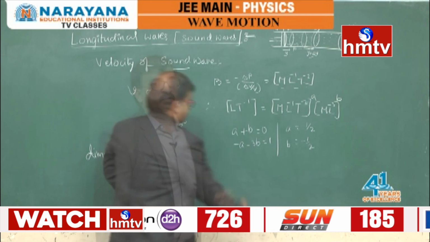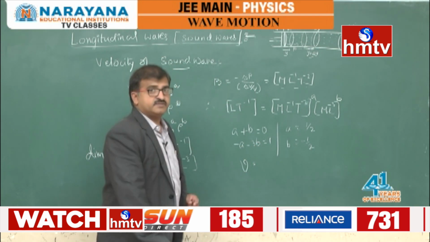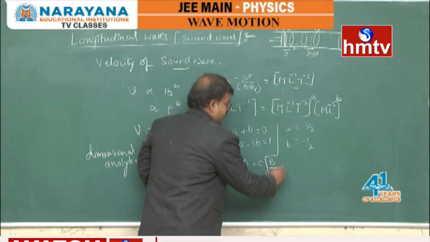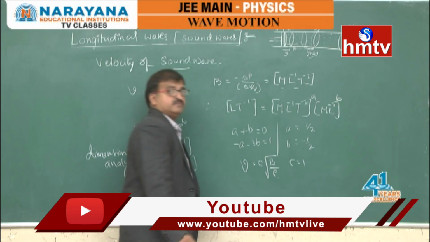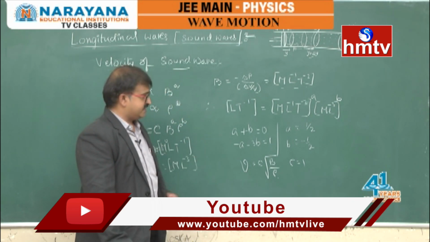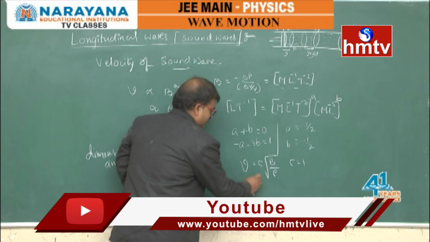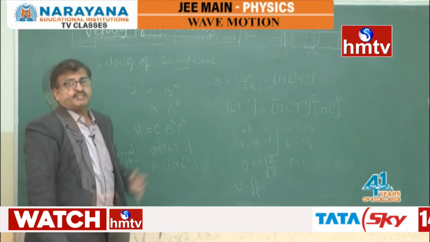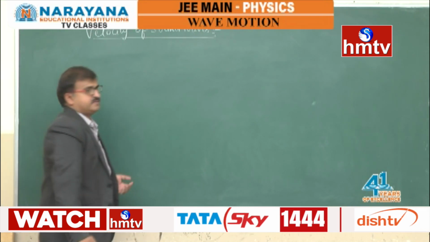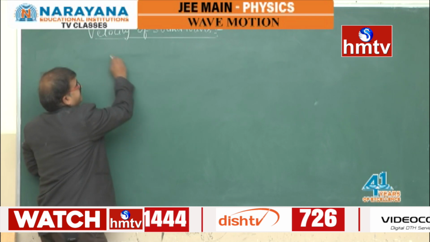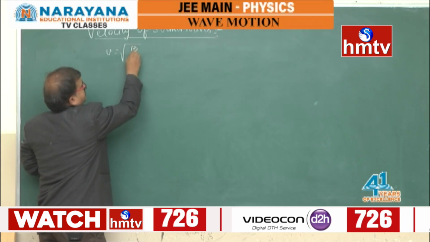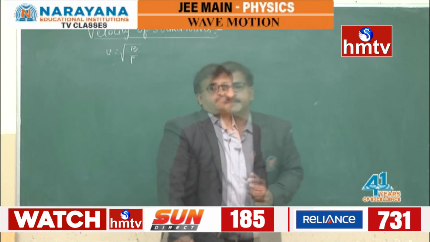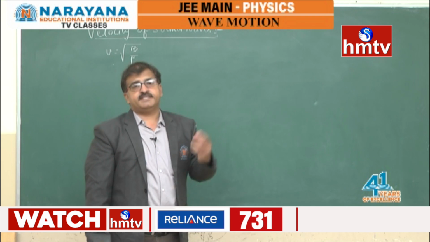So here the velocity V of the sound wave through that medium will be equal to C into root over B by rho, and we can derive such values experimentally also. You can say C is equal to 1. So V is equal to root over B by rho is the velocity of the sound wave. So the velocity of longitudinal waves or sound waves in any given medium which we got is root over B by rho, where B is the bulk modulus of the medium through which it is propagating and rho is the density.